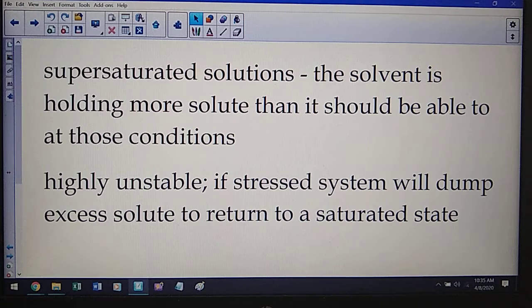Same idea with supersaturated solutions. We can make this happen. We've got to cram stuff into it, but that means this solution is very unstable. Any stress to it, anything screwing with it, will cause it to immediately dump out the excess solute and return to a saturated state. So again, if you're beyond stuffed at Thanksgiving dinner, and somebody comes over and punches you in the stomach,